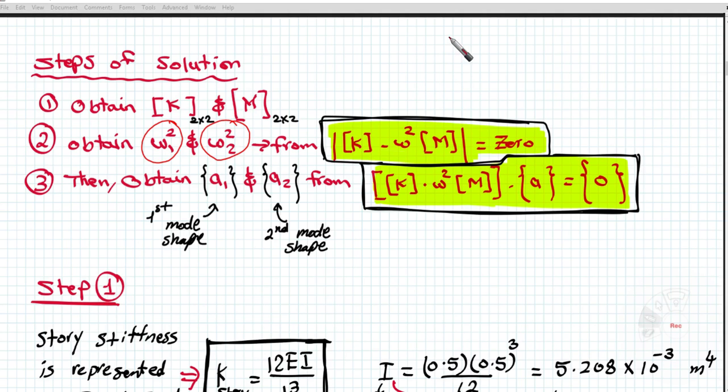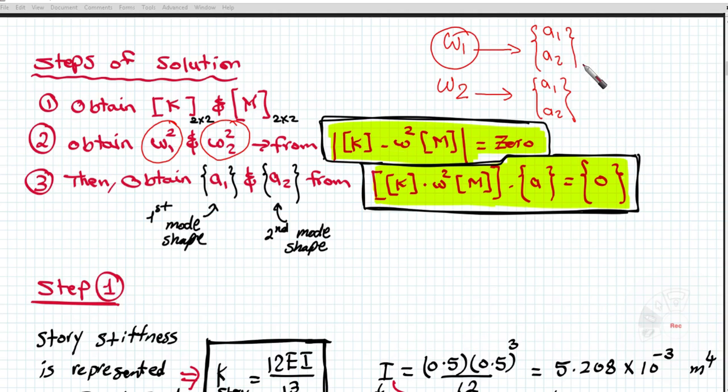frequencies, which are going to be omega 1 and omega 2, and each frequency is going to have a conjugate or associated mode shape. Let's assume A1, A2, and here it is going to be another A1, A2. Okay, they are different. This is omega 1. Let's assume this is the mode shape associated with the natural frequency omega 1, and this is the second mode shape that is associated with the natural frequency omega 2. Okay, so this is what we want to have, and these are the steps of solution that we are going